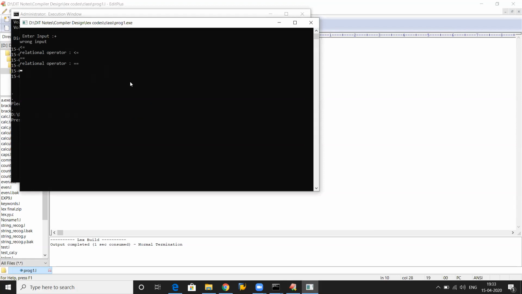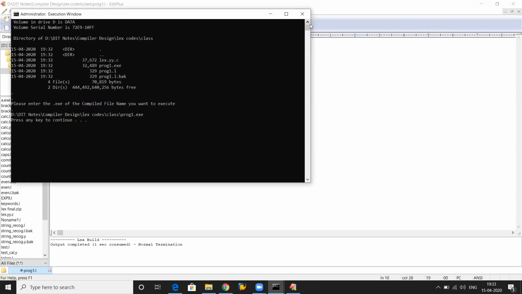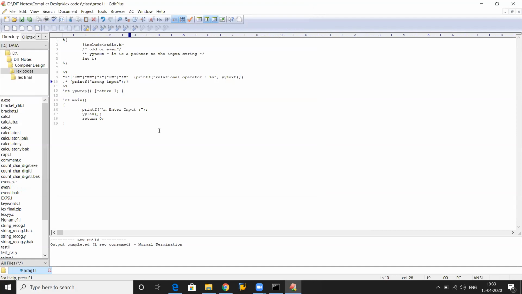So in this way you can identify what type of operator it is. So I hope today's lecture is clear to everyone on how to use the Lex compiler, the Lex tool. In the next lecture I'll cover Yacc, and I'll give you one example of how to write the program in Yacc, and how to combine the Lex program with the Yacc program.